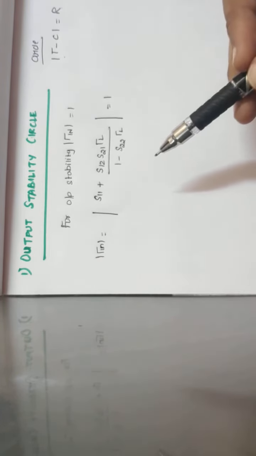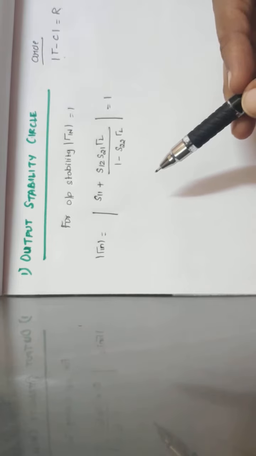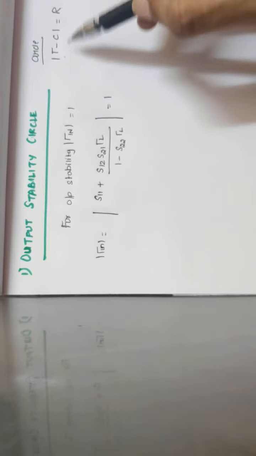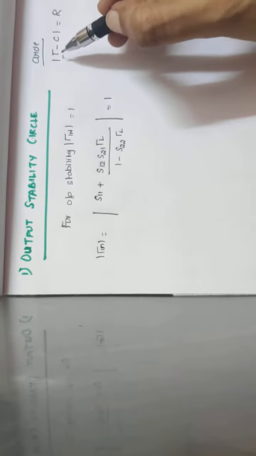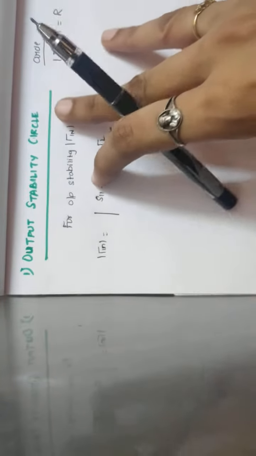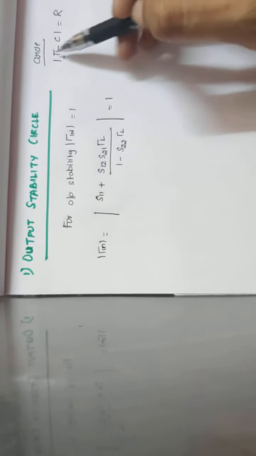Now these stability circles are going to be drawn on a Smith chart. So the condition for a circle on a Smith chart is given by |Γ − C| = R. This is the general equation of a circle on the Γ plane. Γ plane means, for example, the plane of a paper. Similarly, the Smith chart contains circles. We consider the circle on the Smith chart to be the Γ plane.